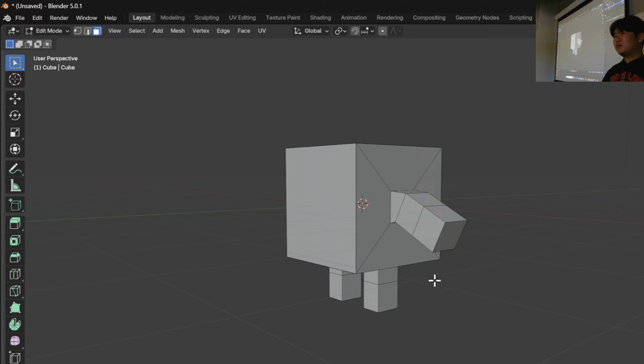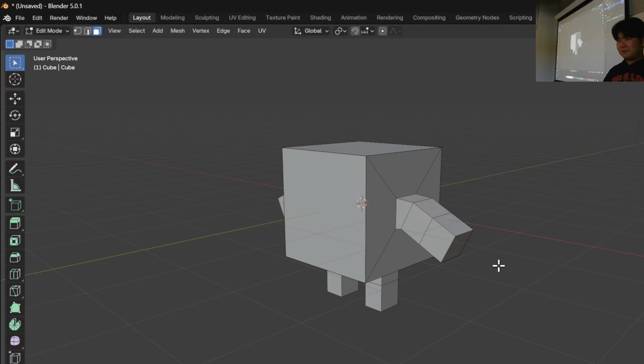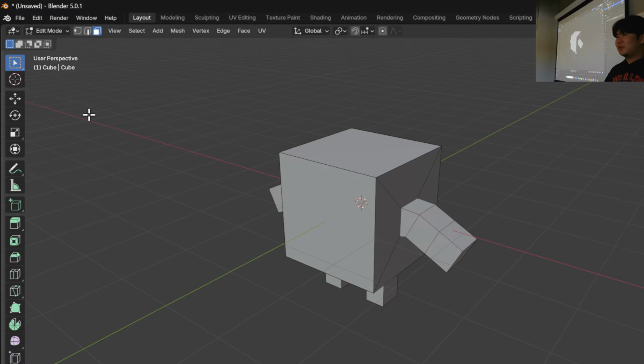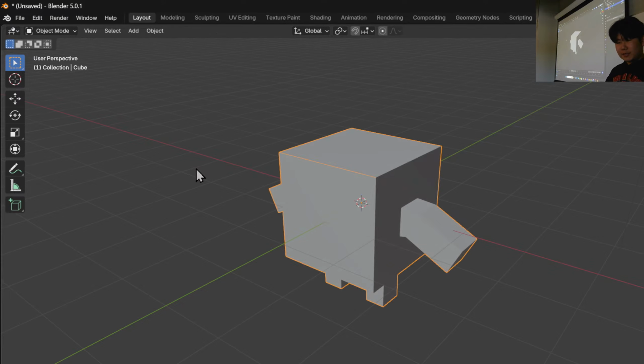Now from here is where your creativity will be needed. You can follow what I do, but it's really up to you. Like if you want to make it cuter or evil, whatever you want to make it, it's really up to how you make it. So from this part, we'll be using the grease pencil. So if you select tab back to object mode,